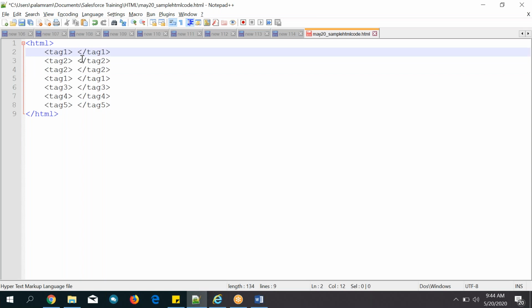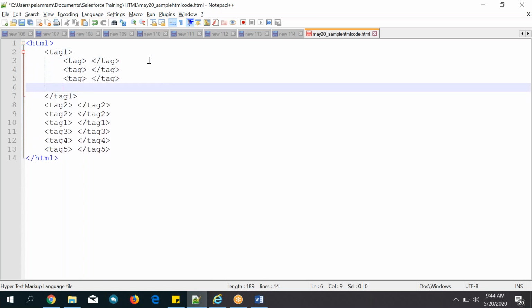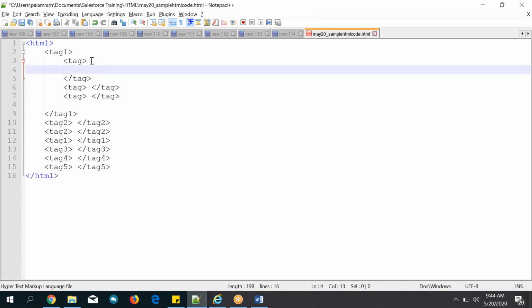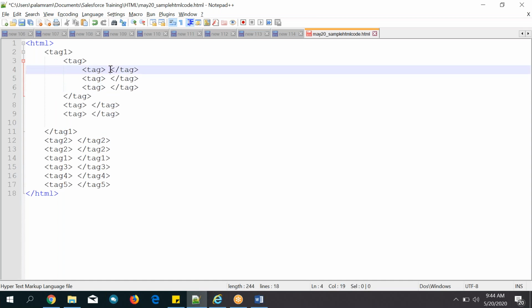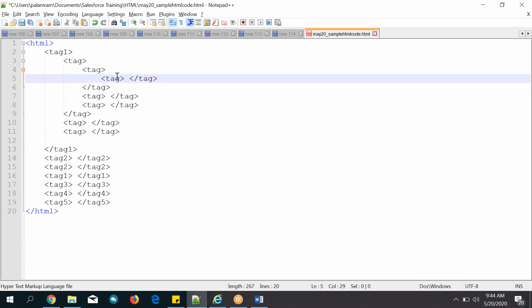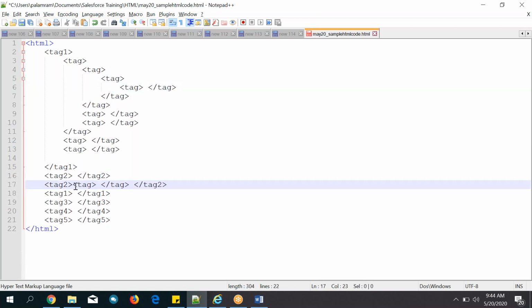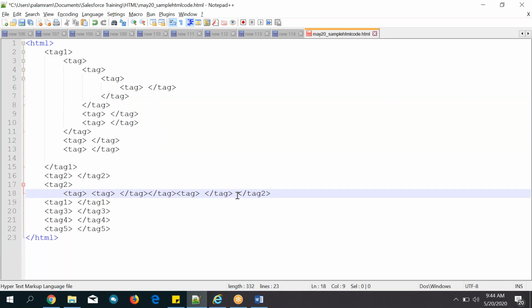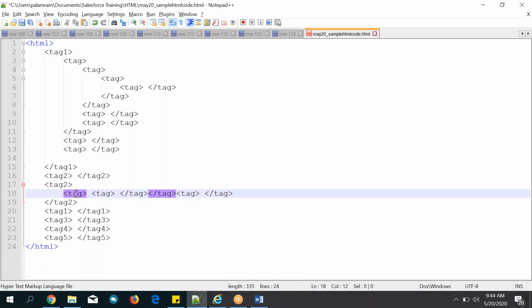And again, in between, if you want, you can write the tags, guys. It is like nested things. Again, if you want, write it. So what this means is, inside the HTML tag, you can write another HTML tag. Any number of them, wherever you want, you can write it. Only in between you can write it. See here.